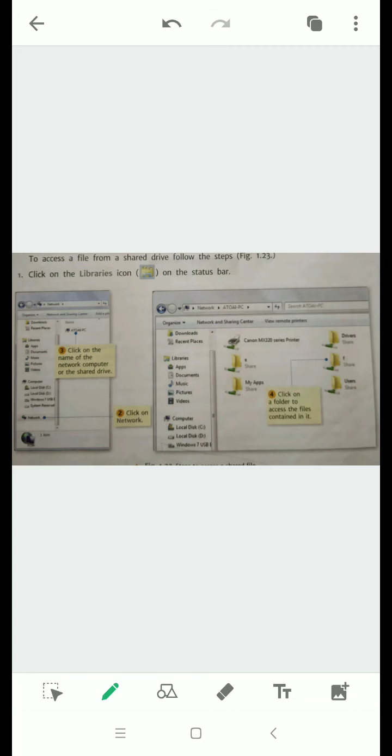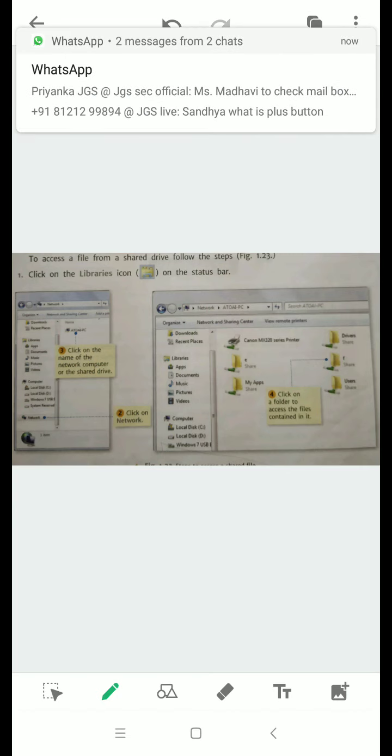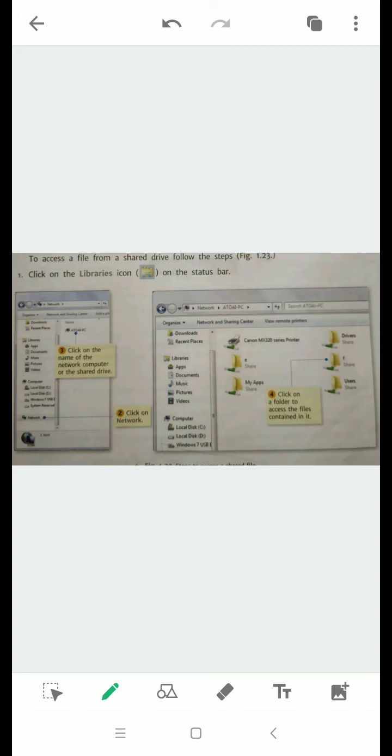After clicking on the network option, it will open the name of the network computer or the shared drive from which you are sharing your file. Click on that particular computer. Then you will get different files and folders, wherein you have to click on that particular file to share.